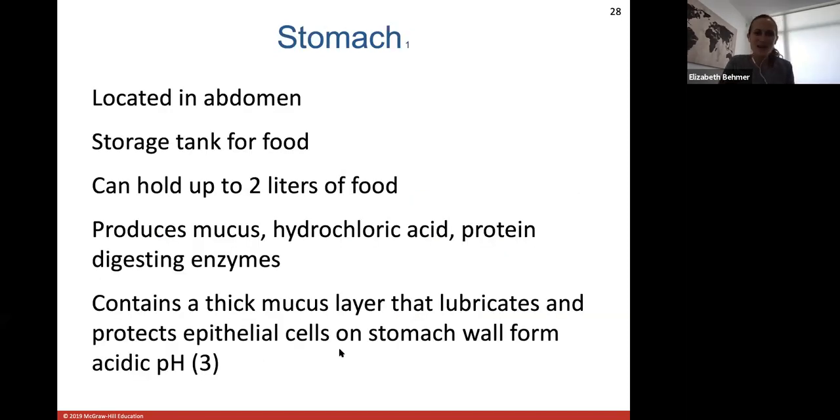So the stomach then is located in the abdomen below your diaphragm. This is our storage tank for food. It can hold up to 2 liters of food, which is a lot. Some people in weight loss surgery get their stomach shrunk so that it can't hold as much food, so you won't have the sensation of being hungry all the time. Your stomach will feel full. Not necessarily a good idea for weight loss surgery because there are better ways for weight loss than